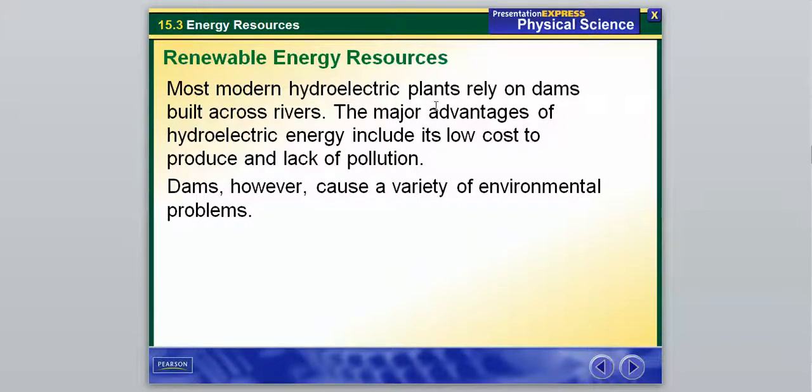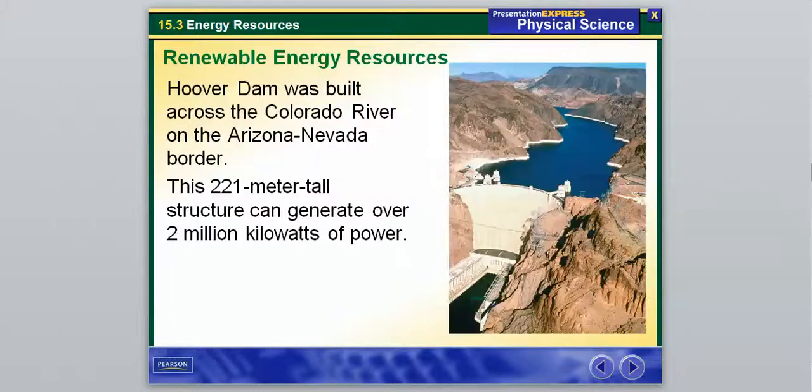There are some big advantages to this type of energy. It's very low cost to produce, and it does not pollute the environment. So those are two pretty big pros. However, they can cause a variety of other environmental problems. We're going to take a look at that more in class, but hopefully maybe you can think about this before we get to class. Like if you build a dam across a river, what problems is that going to cause to the environment? So hydroelectric energy has its advantages, but one of the big drawbacks is it causes some big environmental issues as well.